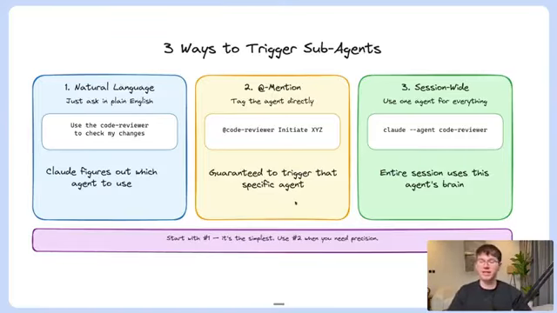Right? Create the task. Now this is guaranteed to trigger because you're referencing that specific agent only, right? And then finally, we have session-wide, which is use one agent for everything. So use Claude / agent code reviewer. So my advice is to start with the first one, natural language, because that is the easiest to start with,